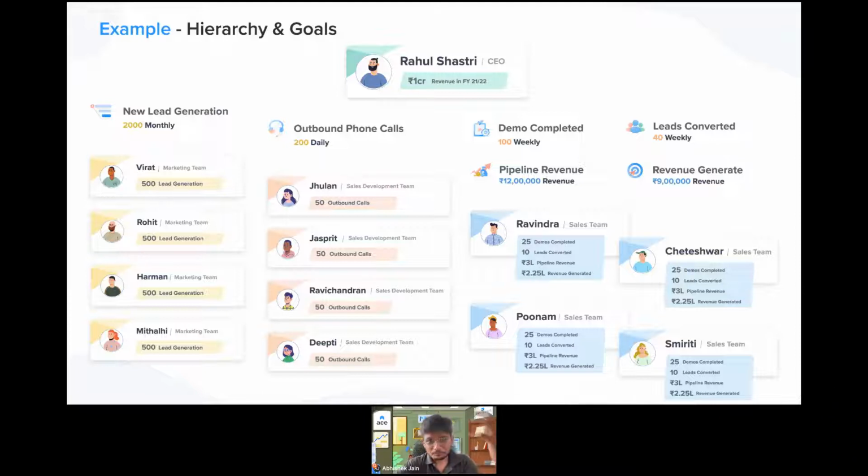And then further, the same SDR team essentially now has a goal of doing 200 calls daily at least, right? And then basically that's essentially what they would try to do, and that is further broken down. And then obviously your demos completed and leads converted is further broken down into 100 weekly demo completed and 40 weekly leads converted, right? Which essentially now translates into your pipeline revenue target, which is basically 12 lakh revenue,